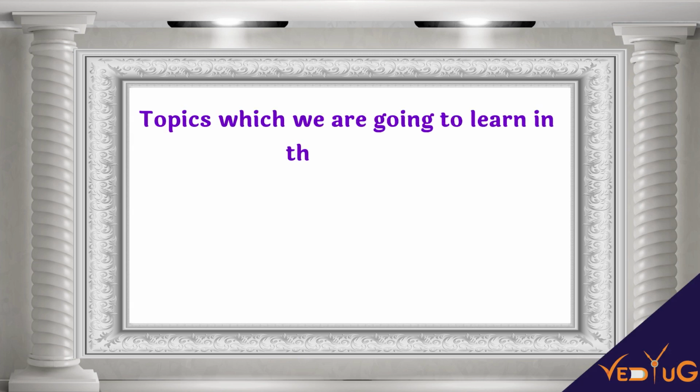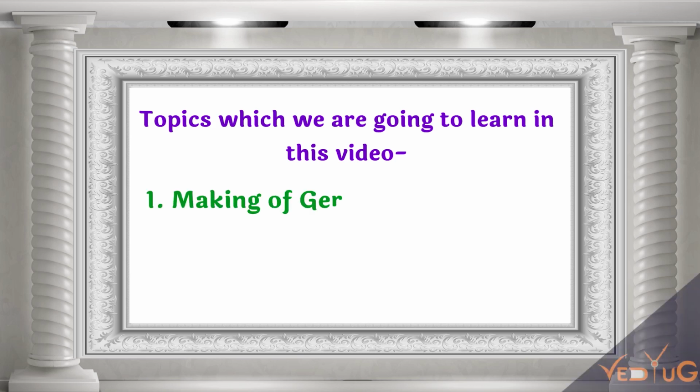And in this video, we are going to learn the remaining part of our history's first chapter, the rise of nationalism in Europe. So the question is, did nationalism end in 1848? No, because the making of the nation state is not completely done yet. How did Germany and Italy get unified? How did Britain get unified? There are a lot of questions here. So let's solve them with the topic making of Germany and Italy.